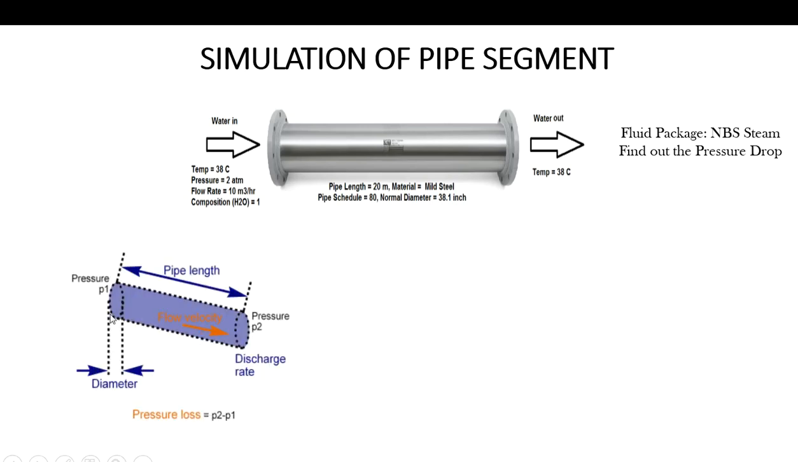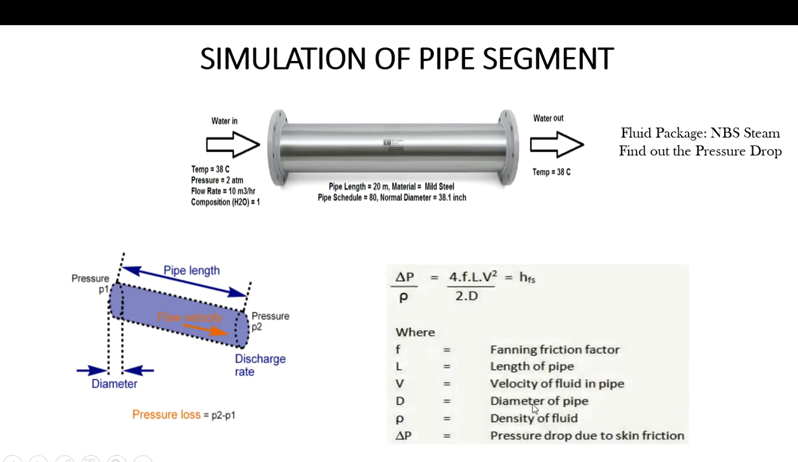In this figure, this is the length of the pipe, and this length will affect the pressure loss in the pipe. Inlet pressure is P1 and outlet pressure is P2. So in this experiment we will be able to verify the effect of the length on the pressure drop by